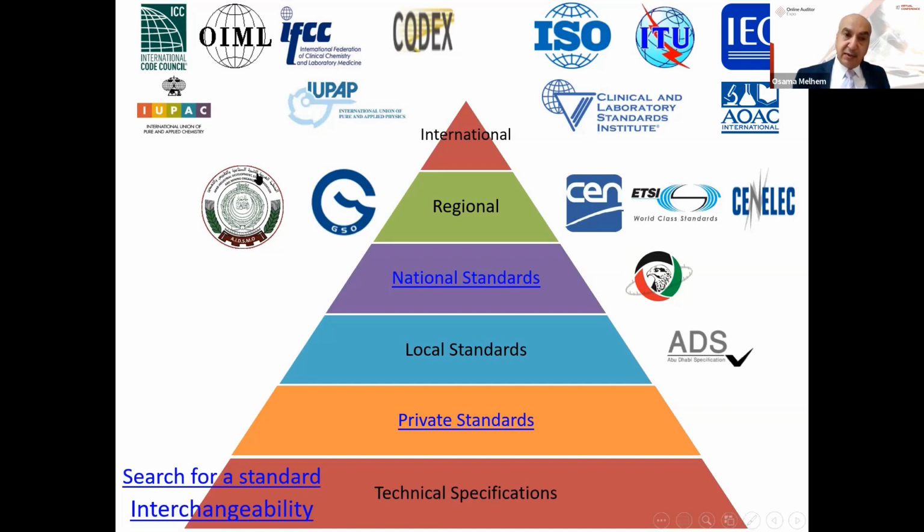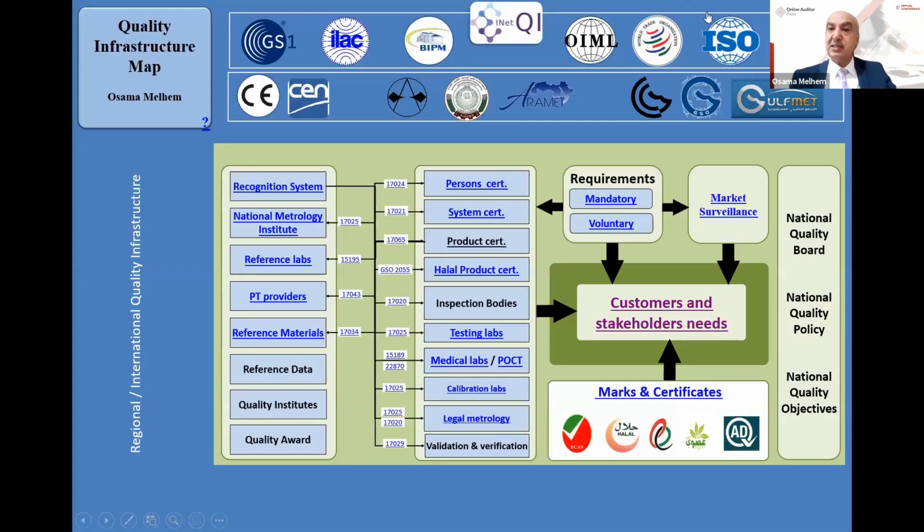And similarly, we have at the regional level, for example, ISMO, GSO, CEN, ETSI, CENELEC, okay? And then we have the national level, then the local level, then private, and so on. So this is just an example because we don't have too much time to talk about every single element. Okay. So we have plenty of international organizations, and at the top we have the international network on quality infrastructure, which I like to call